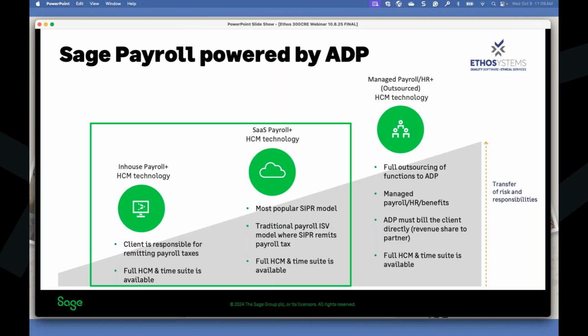So we have kind of a scale here, and I want to talk a little bit about the different levels of service. I'm going to start on the far left and in the middle, because that's really the groups in our construction vertical are hitting and focusing on. But this may surprise most, but we do have an in-house payroll solution, which means you can have the payroll side, you can have all the HCM functionality. We just turn off the tax filing.